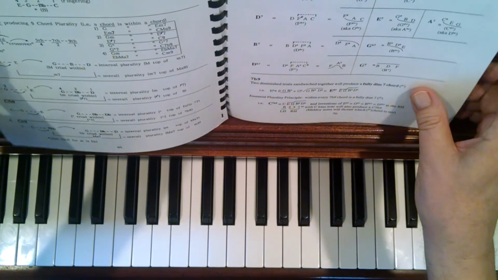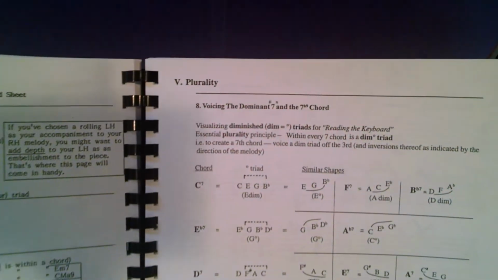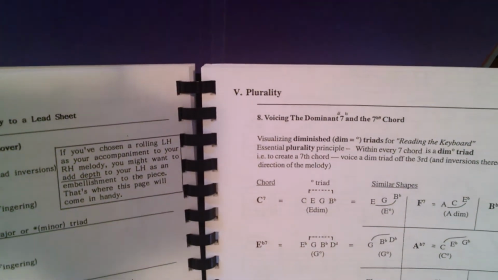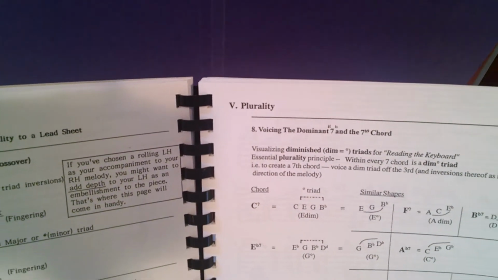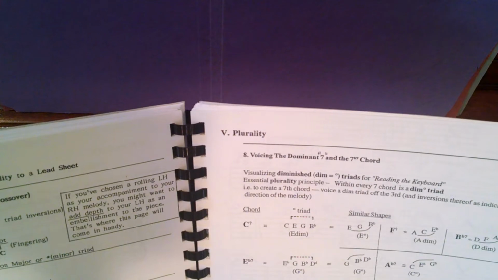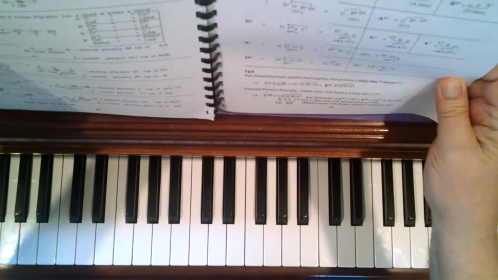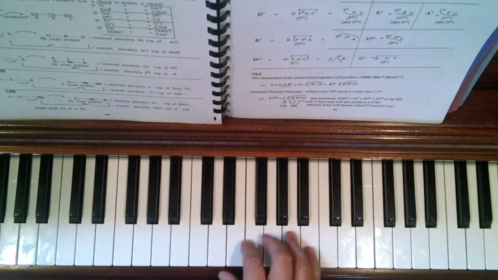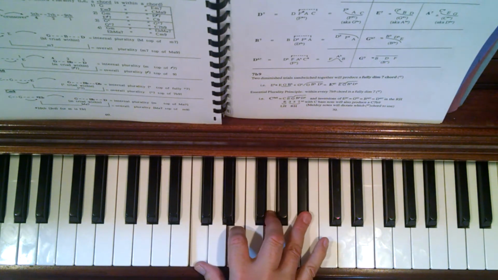Page 70, you see I've laid out all of the diminished chords in similar shapes. So here's all the similar shapes of the diminished chords, and they are the top three notes of a seventh chord. In other words, a chord within a chord, a triad within a seventh chord. So we have C7, the top three notes